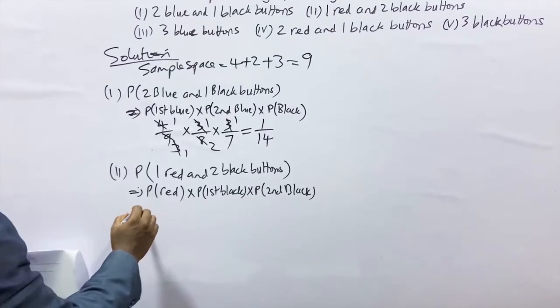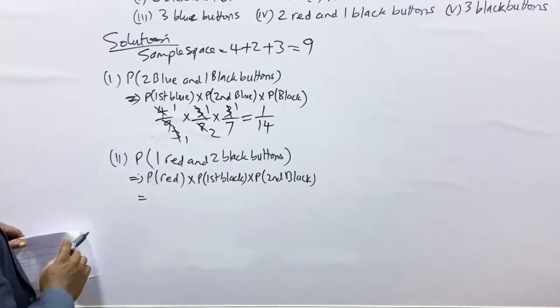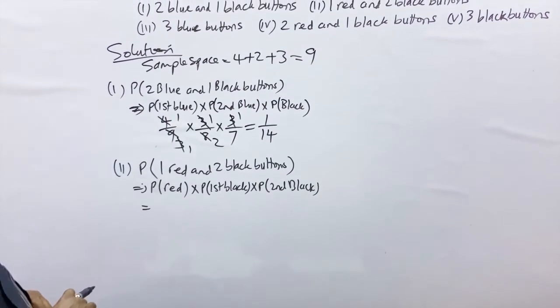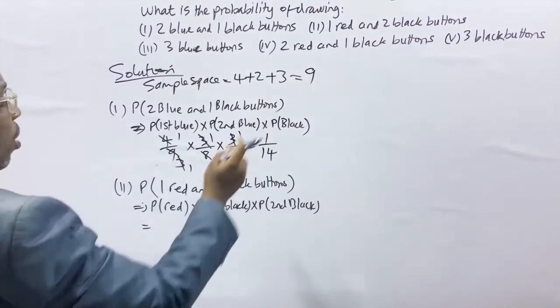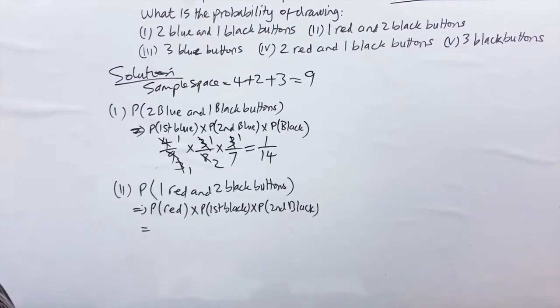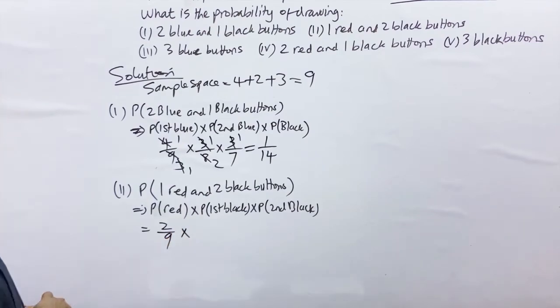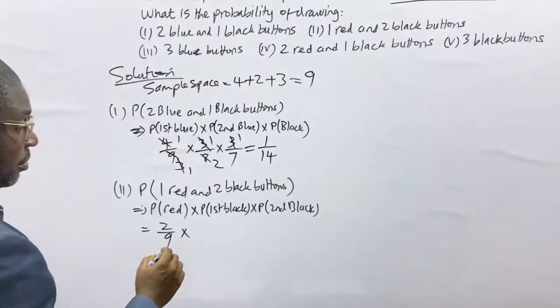Okay, so that will give us probability of red. How many reds do we have? We have 2 reds all over the total number of buttons we have. So that will be 2 all over 9, times probability of first black. We have how many blacks? 3 blacks. We have 3 blacks